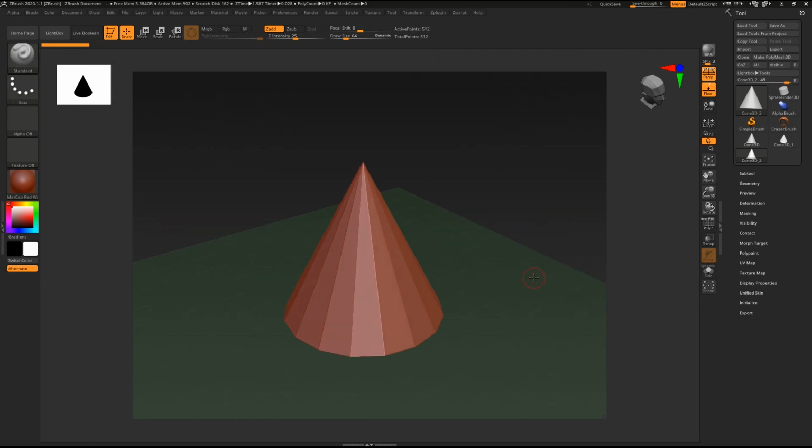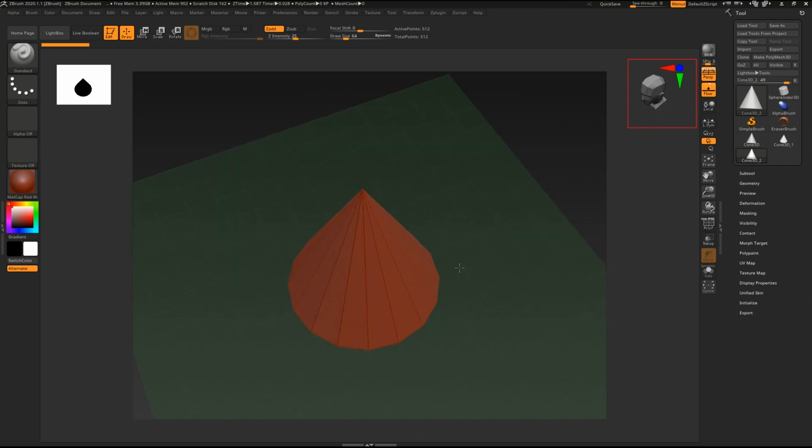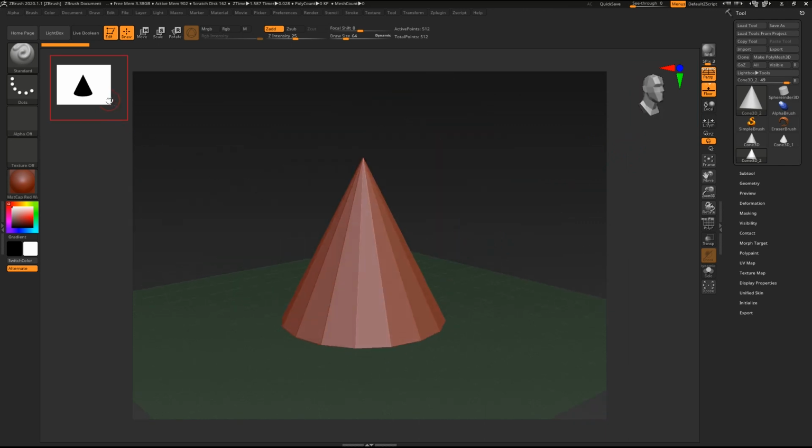In ZBrush you can tell which camera angle you are in by referring to this model, which shows you which is front, back, side, bottom or top of the model. This is the silhouette box. You can scale it by left click, which shows the real-time contour of your model.